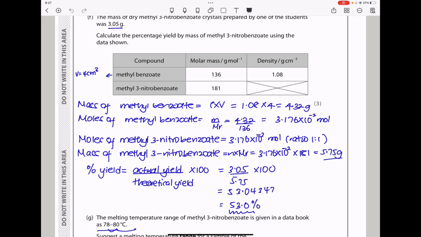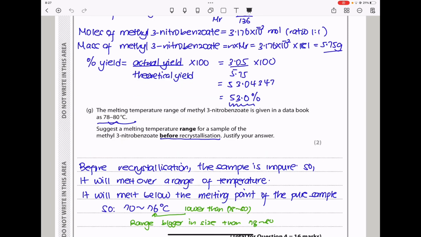And since we know percentage yield is actual yield divided by theoretical yield times 100, this is my theoretical yield, and that is my actual yield given in the question. So percentage yield should be the actual yield divided by that times 100, and my answer to 3 significant figures is 53.0%. And finally, they say the melting temperature range of methyl 3-nitrobenzoate is given in a data book as